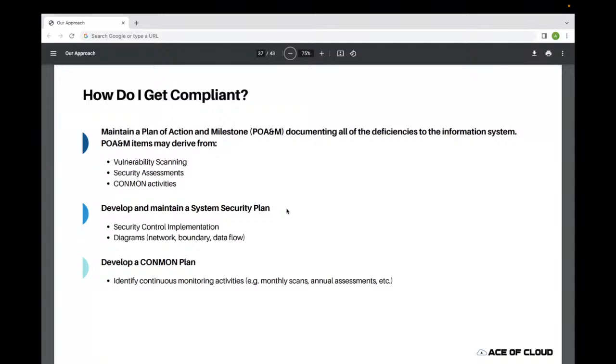So any vulnerability scanners, any security assessments that come out, or any issues that come out of the security assessments, and any Kanban activities, right? And we'll dive into Kanban here in a second. You also maintain and develop a system security plan, right? Obviously, CMMC has a template that you can use that identifies a snapshot in time of your security posture. So this one is addressing all of the security controls, but also having diagrams and everything in